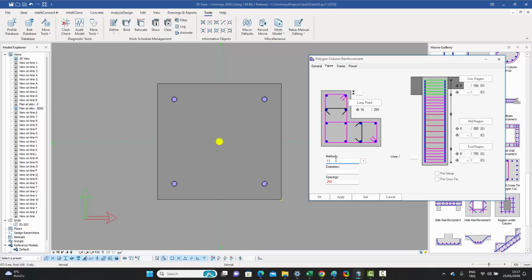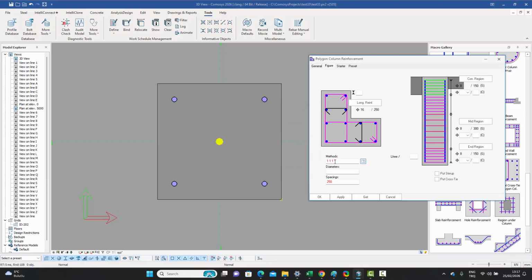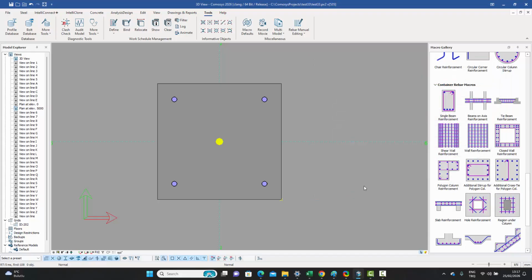But if I say 1, 1, 1, and 1, what that means is, if you remember, 1 was delete the first and last reinforcement. So I will delete the first and last reinforcement for all sides, which will leave me the middle reinforcement for all sides. So let me just change the diameter also, because we already had this one. So I want a diameter of 12 maybe. So if I say apply 12 millimeter diameter, okay, and now I can go to this one and select the